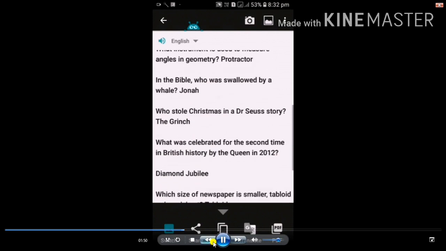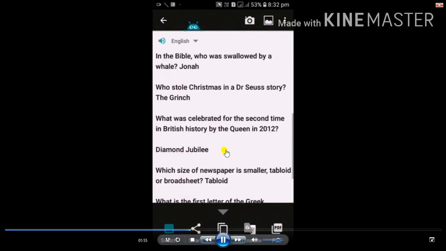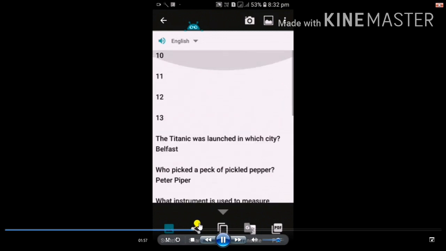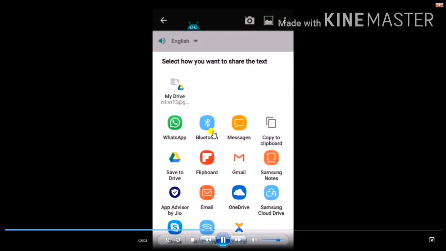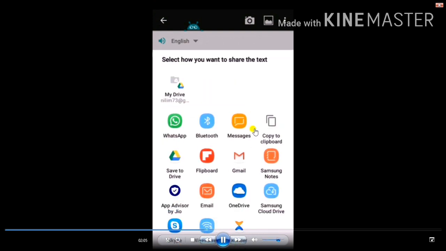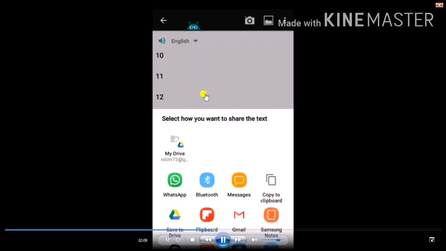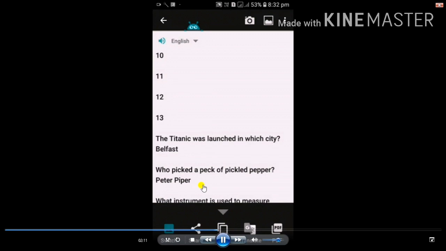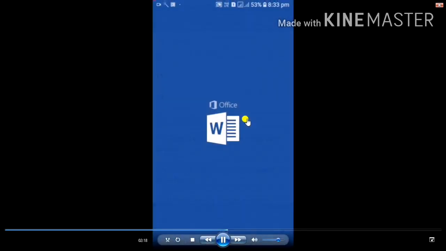This text you can open in any app, or you can share the text. This button you can share it to WhatsApp also, Bluetooth also, or you can copy the text and paste it in an Office app, and you can edit the text.